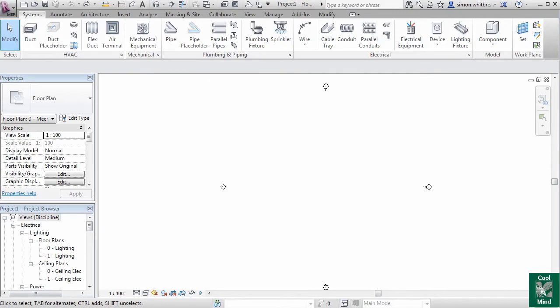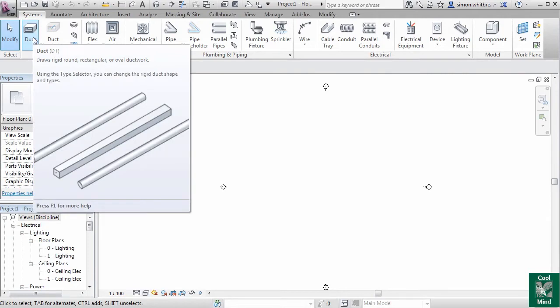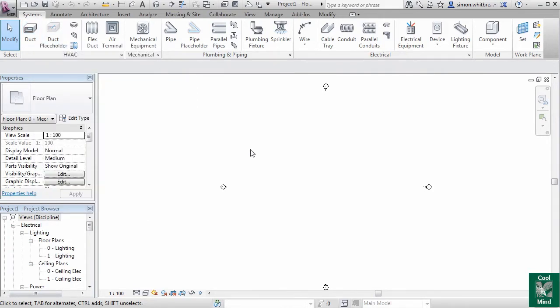The keyboard shortcuts within Revit are fully customizable. There are a couple of ways of seeing or finding the keyboard shortcut for each command. One of those is to hold your cursor over the top of a command. Here I'm hovering over the duct tool, and you can see the DT next to it indicates that we can create a duct. Alternatively, you can find out the keyboard shortcuts for every menu item in the view by using,